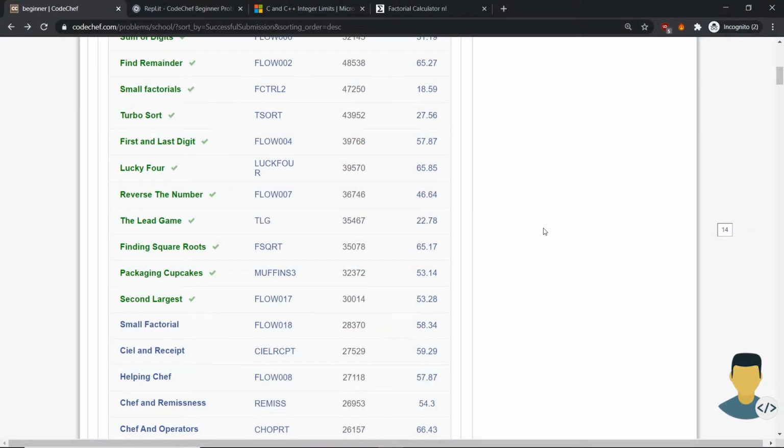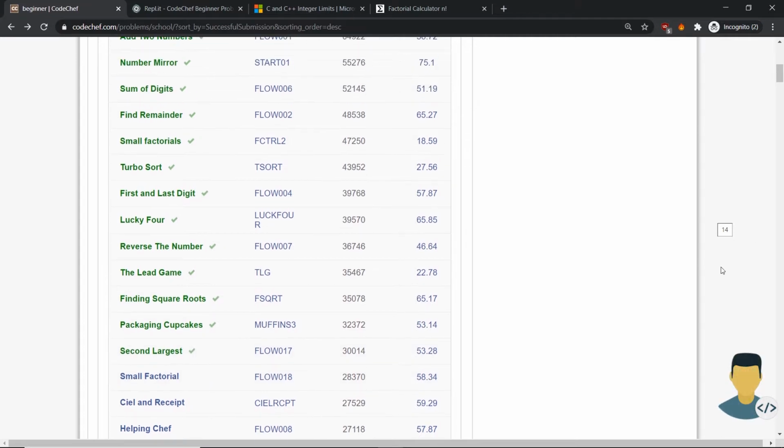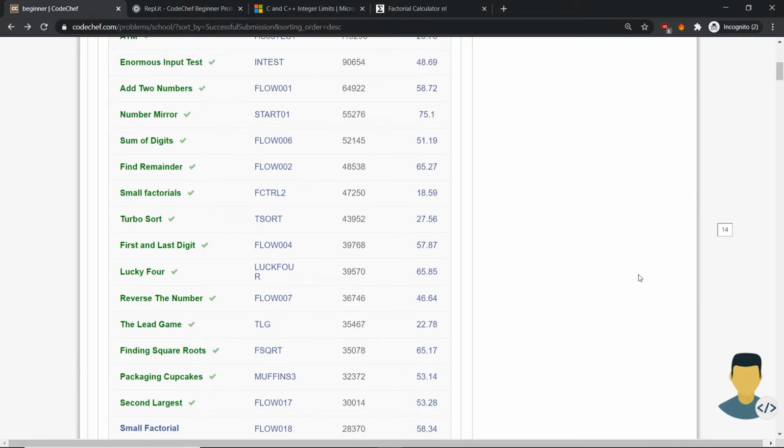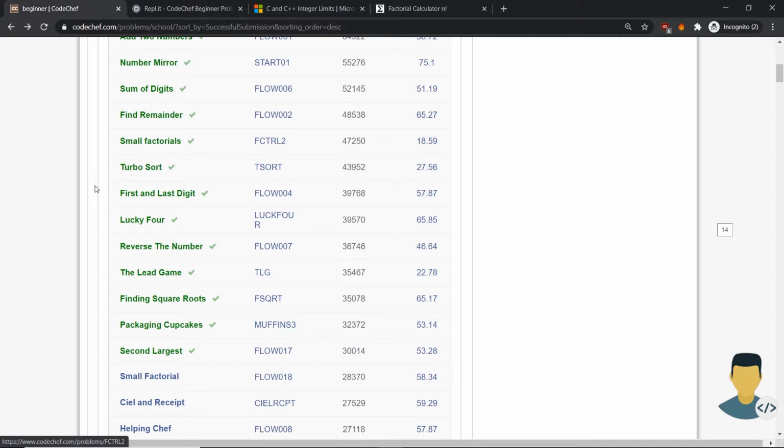We are going on with our 16th exercise in the CodeChef Beginner exercise tutorial. This exercise is named small factorial. I don't know if you remember, or if you watched the videos before this, but as the seventh exercise in this series of tutorials, we had a similar exercise named small factorials, where we had to calculate the factorial of a number, and the number limit